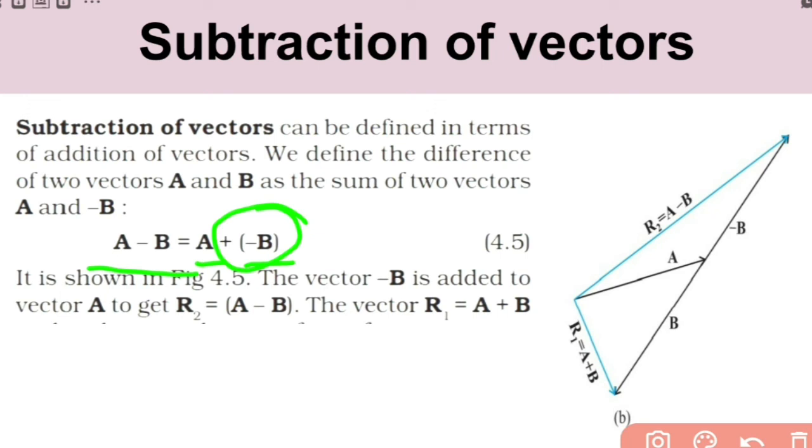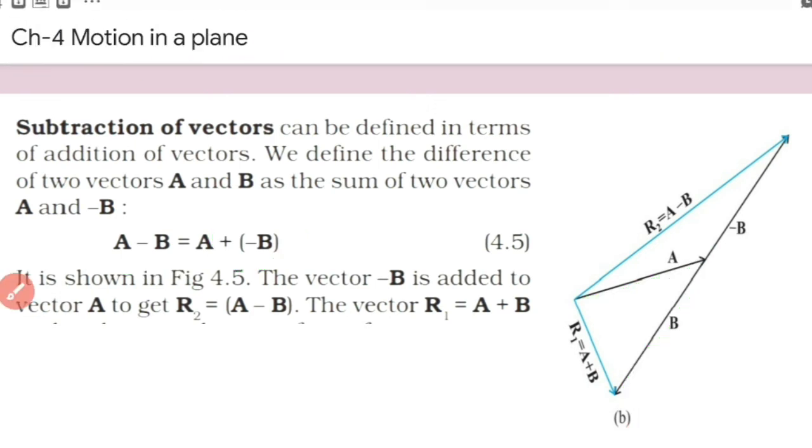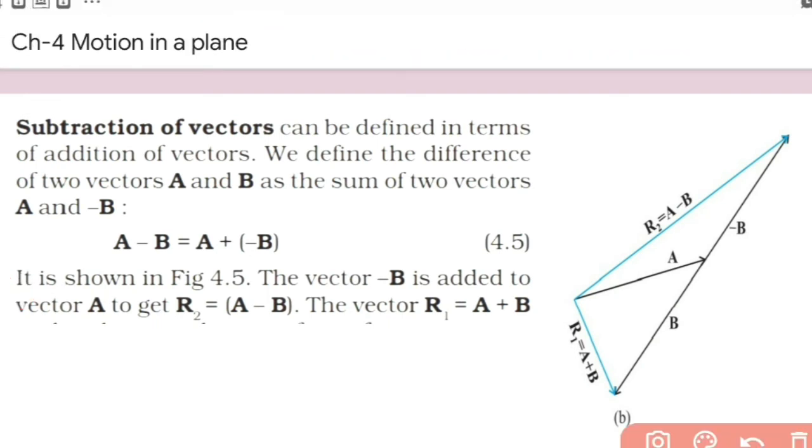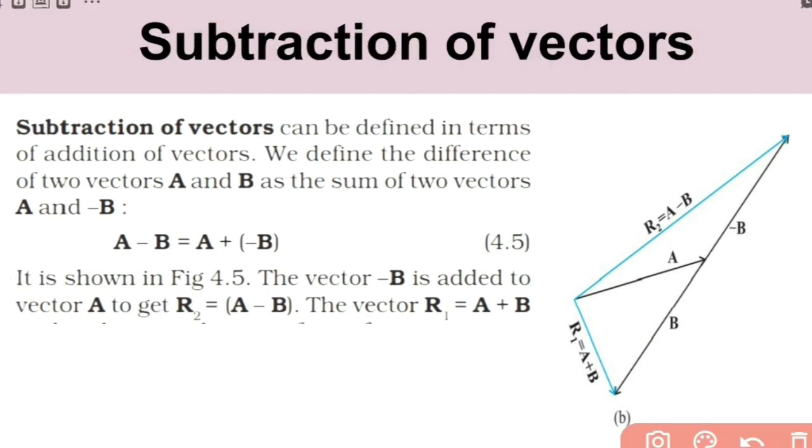So that's what is explained in this diagram. Let's see that diagram. So first of all, the vector A is given. Okay. Vector B also is given. So if you find the sum, you will get A plus B. But actually what you need to find is vector A minus vector B. So to subtract B from A, what we need to do? We have to add minus of, or negative of, vector B with the vector A. So first of all, you should draw negative B.